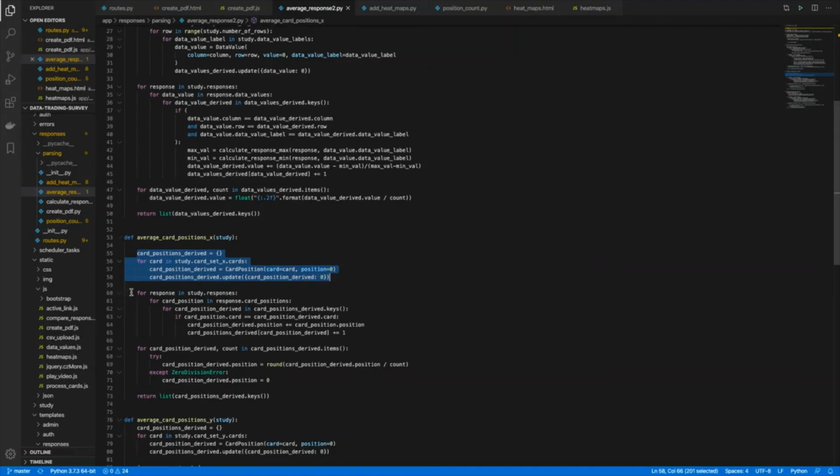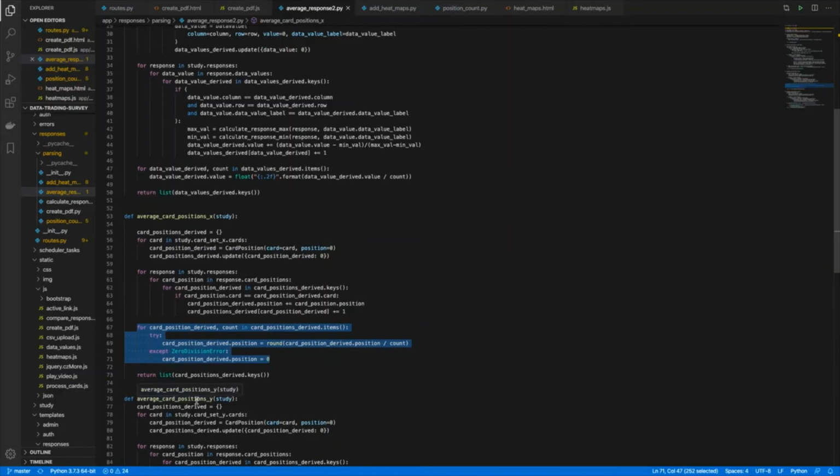Each response is then looped through, going through all their card positions and adding the position of the card to the corresponding card position total in the array. The count is also incremented for that card in the array. After all responses are looped through, the total position for each card is divided by the count for the card and rounded to gain an average position on the x-axis.